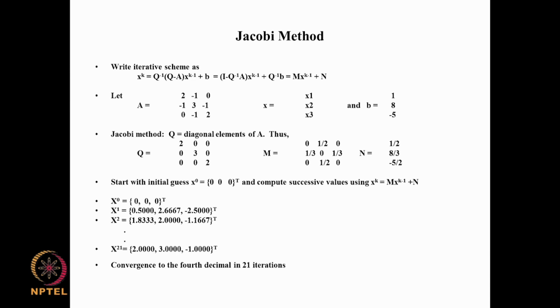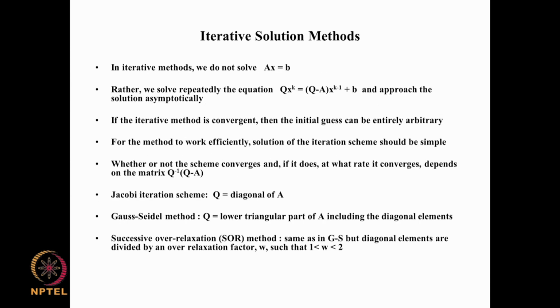We will do further in the next lecture, but I would like to recap on the basic iterative methods. In the iterative methods, we solve Ax equal to b in a quirky way, in a strange way, in what seems to be much more difficult and roundabout way. Okay, by instead of solving Ax equal to b, we solve it as Q xk equals Q minus A times xk minus 1 plus b, and Q is